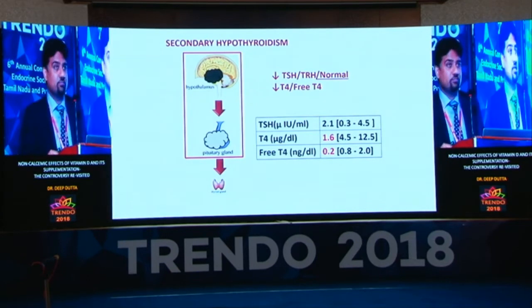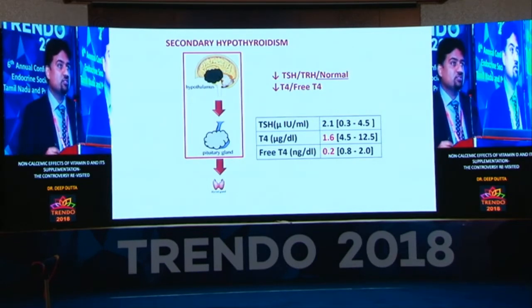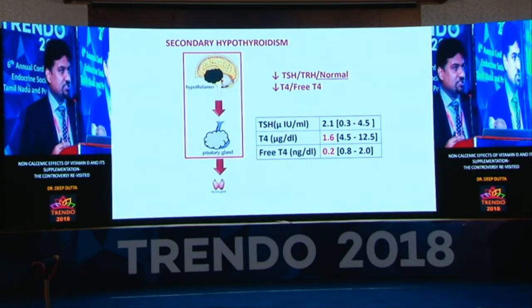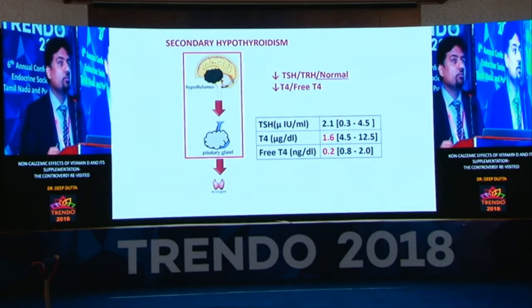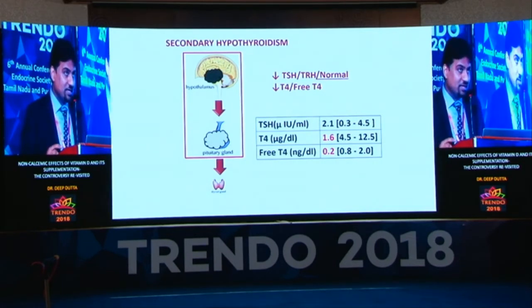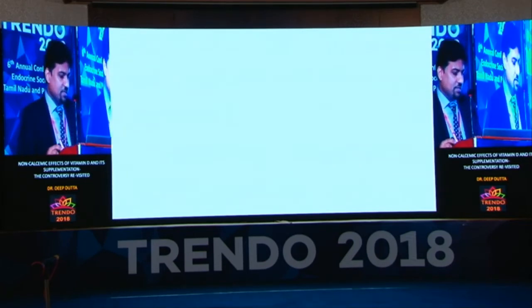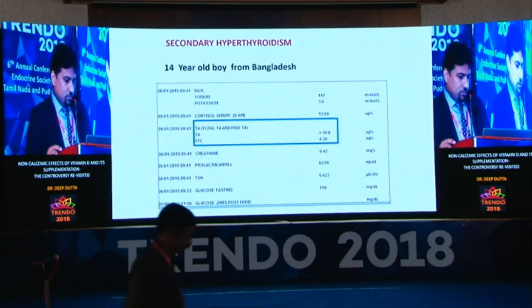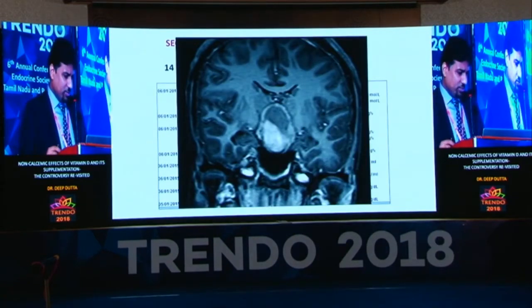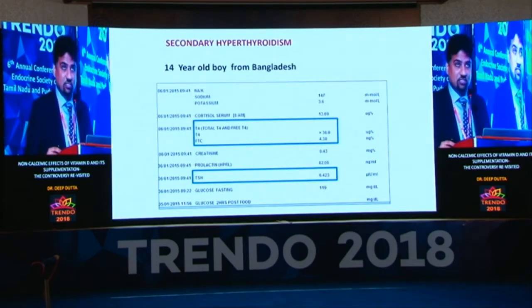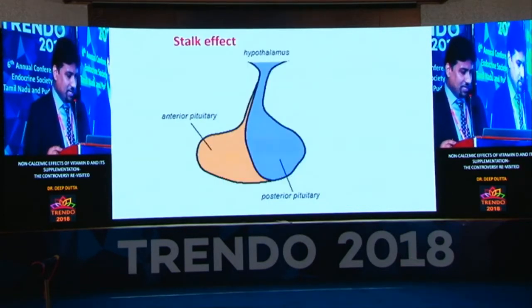Even when monitoring therapy, sometimes we've seen patients checked with just their TSH, and if the TSH is low, the dose is decreased. Please remember, when you're dealing with a pituitary tumor, we need to do T4 and free T4 as well, and TSH alone does not suffice. So sometimes there could be hyperthyroidism as well. This is a rare patient wherein the T4 and the TSH are elevated, but it's unlikely that this patient would